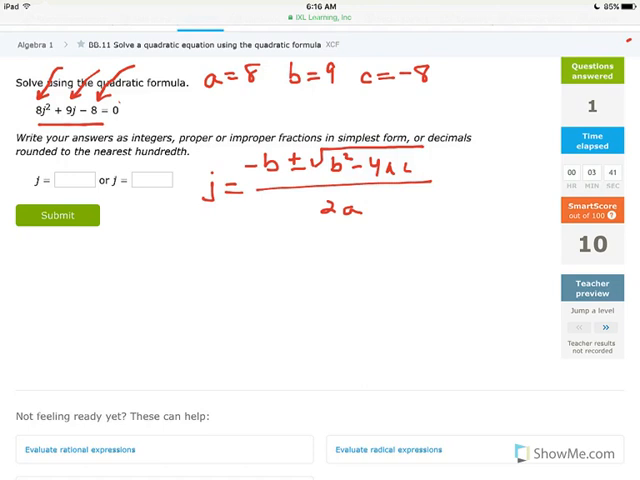So j is going to equal, we need to put in the b value first, and notice there's a minus sign in front of it for the formula. So in this case it's going to be minus 9, since b is 9. If b happened to be a negative, it would be negative negative, so just watch out for that negative. So it's going to be minus 9, since we have the minus in the formula, and our b value is 9, plus or minus